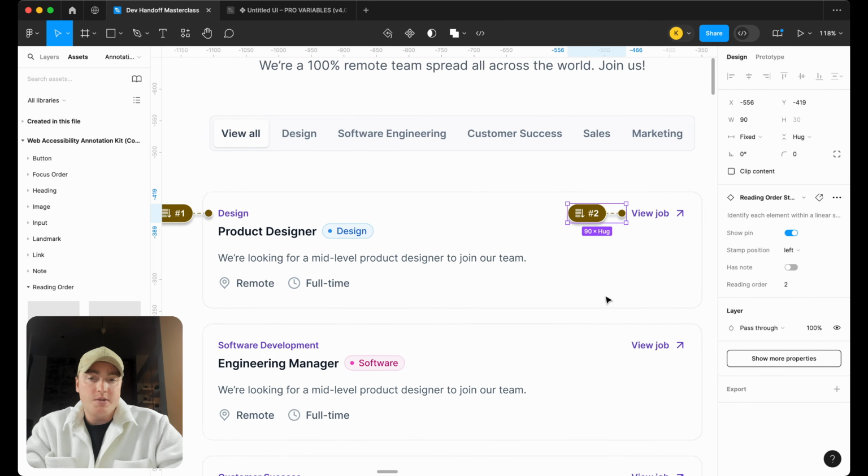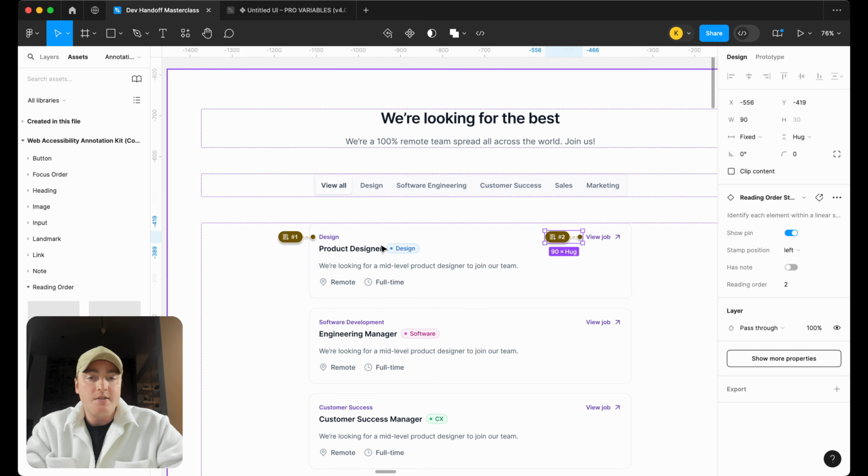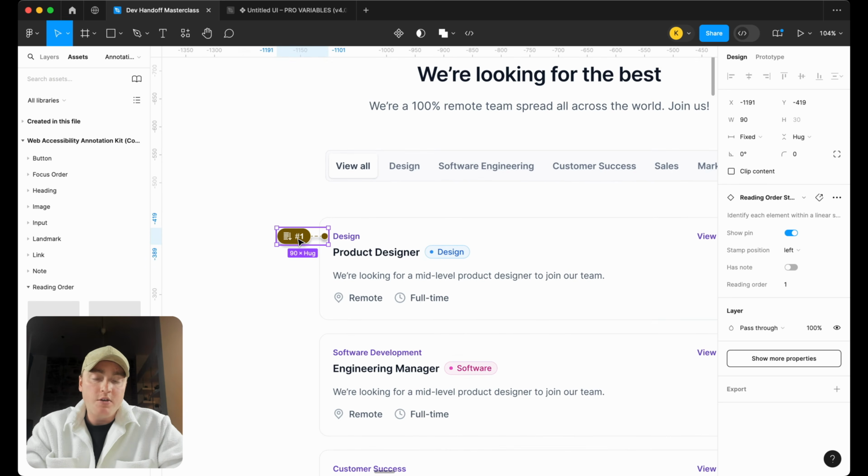Now, what's the issue with that? The issue with that is the user doesn't yet know what the title is and the details of the job. So why would they then want to view the job right away? So there can be that discrepancy there in terms of the user experience that you want to offer. So what you should actually do is call it explicitly where there could be some confusion around what the specific